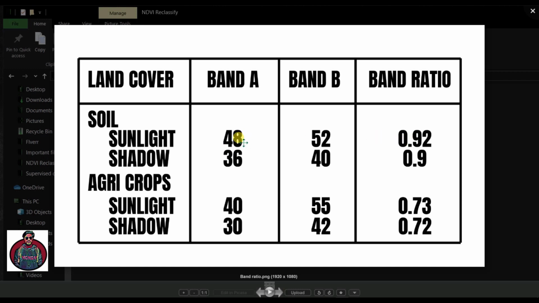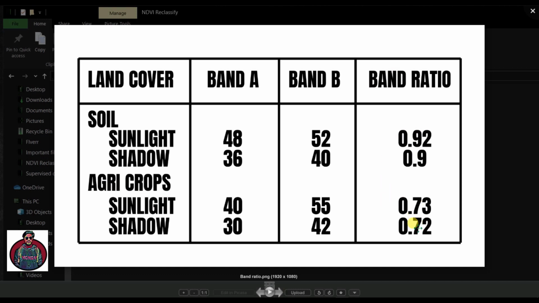The band ratio is equal to band A divided by band B, and the result for soil, in both sunlight and shadow, is around 0.92, and for agricultural crops the band ratio is 0.73 and 0.72.